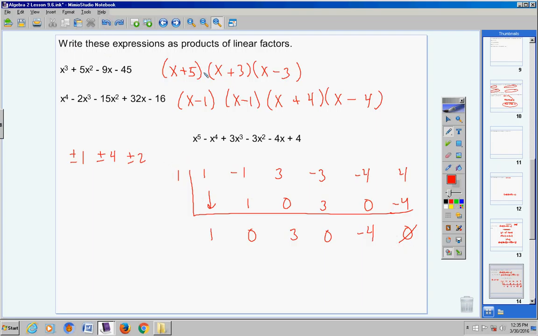Now I'm not trying to find zeros. I'm trying to find linear factors. So if one of my zeros is 1, then the linear factor would be, we'll put it down here, x negative 1. So I found a linear factor. I've also simplified this down to this. So I started off with a 5th degree, now I have a 4th degree. There's x cubed, x squared, x, and then a